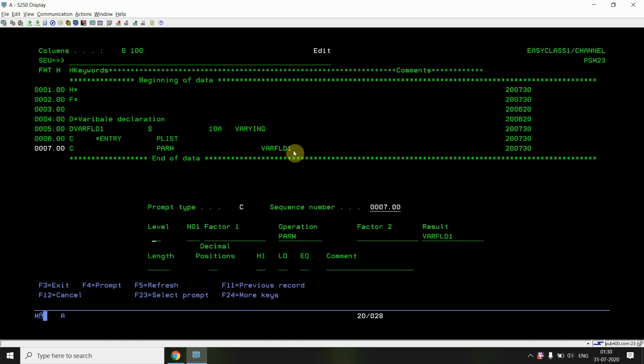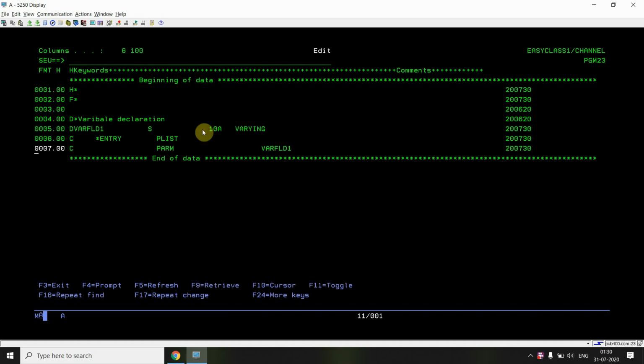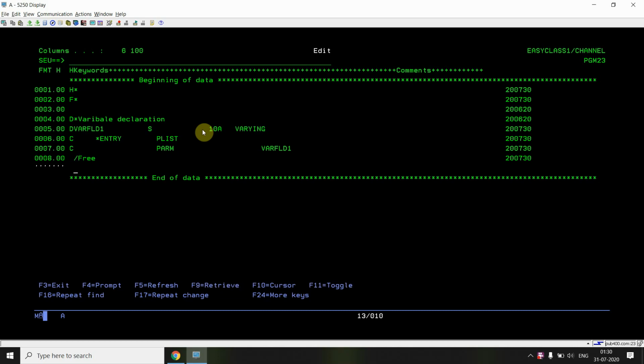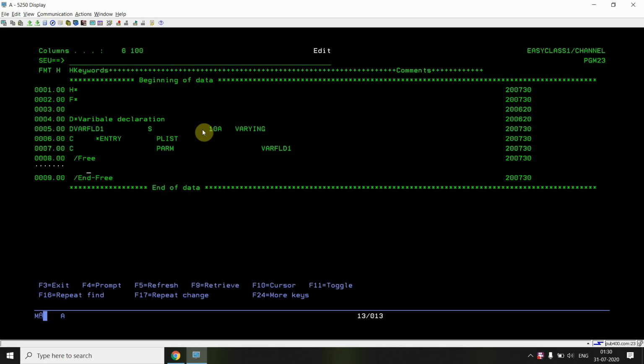As you can see, I'm taking this as an input parameter to this program. Inside slash free and slash end-free I'll do my coding.